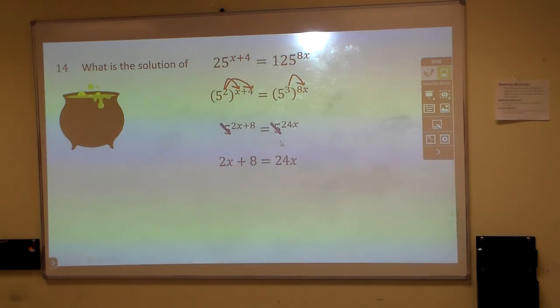So basically I'm going to minus 2x from each side. And so 8 equals 22x, divide each side by 22. So, and notice 8 over 22, 2 will go into each of these, will reduce to 3/11. So your answer to this is 3/11. A little unusual number to make this problem work out, but that's what we have here. All right. So